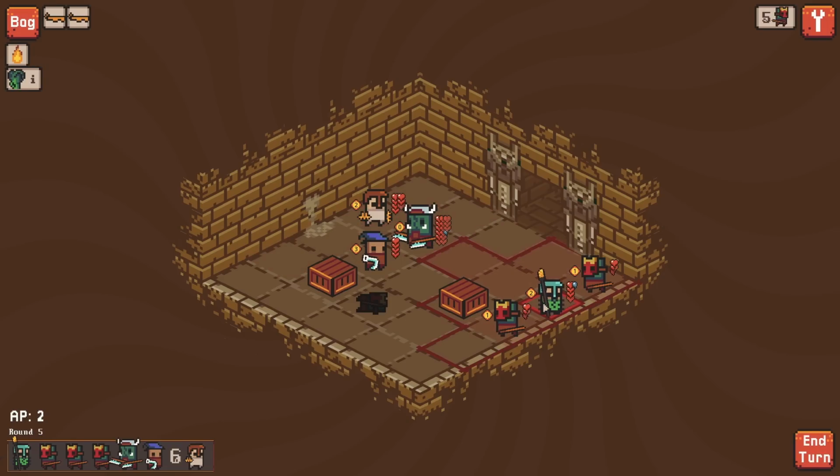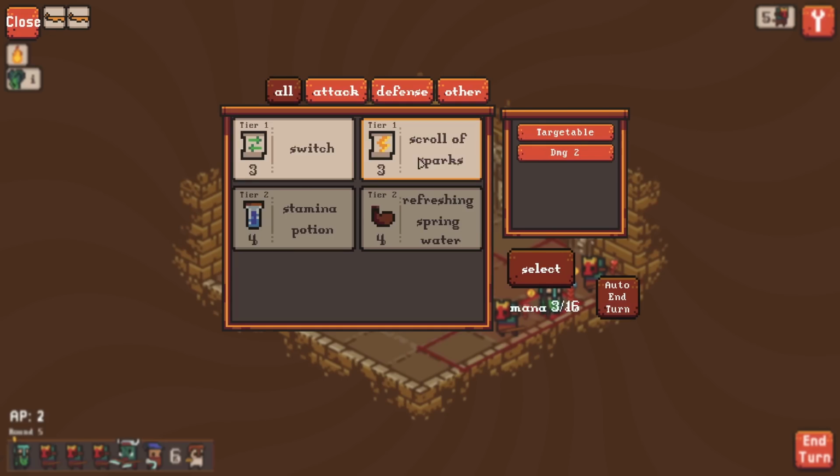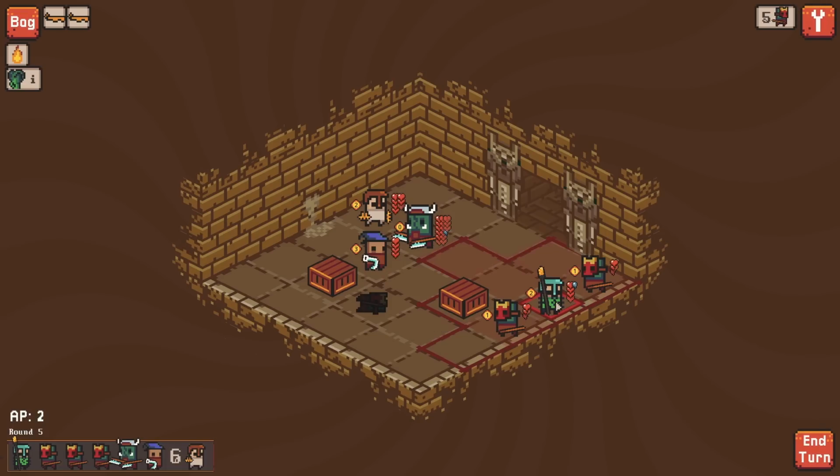You are in a bit of bother down here. Okay, what can we do here? Can we use a scroll of sparks on one of those? So use it. Oh, that's the last thing we can do, though. It's the last thing we can do. We can't heal anybody up anymore. Yeah, because you only cause 2 damage with your...